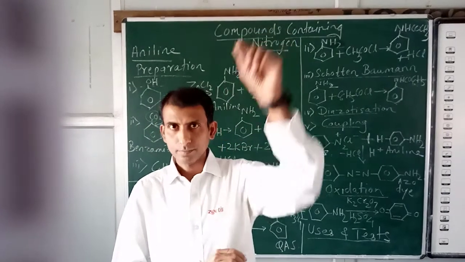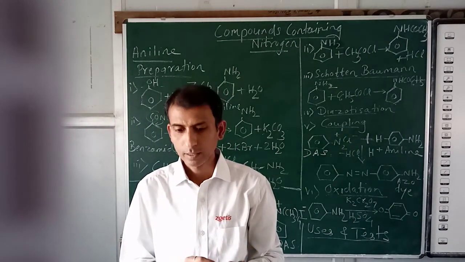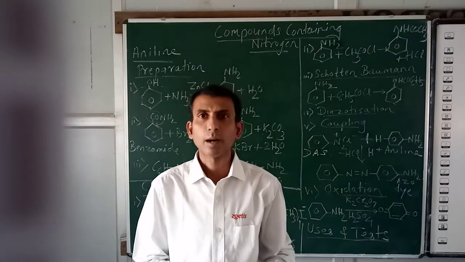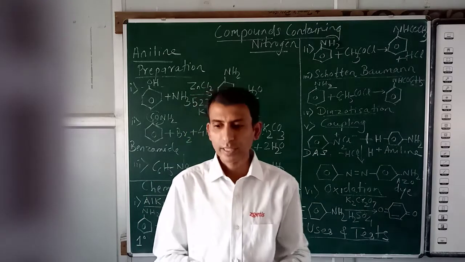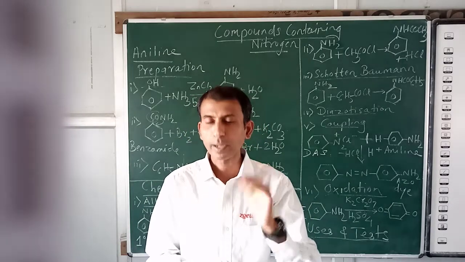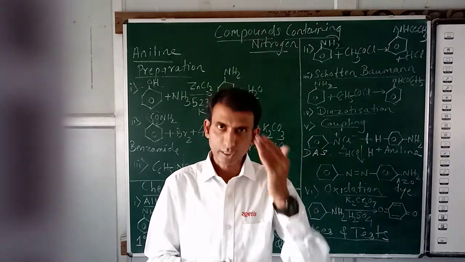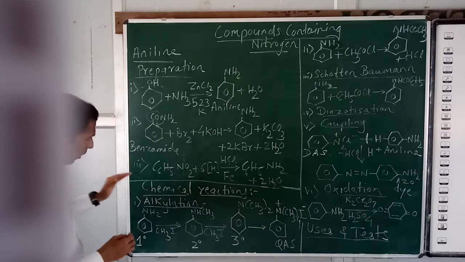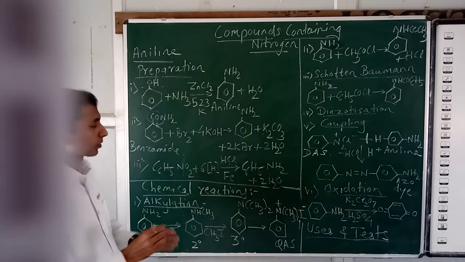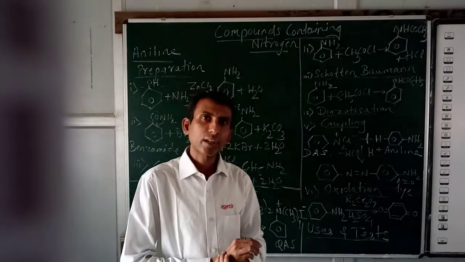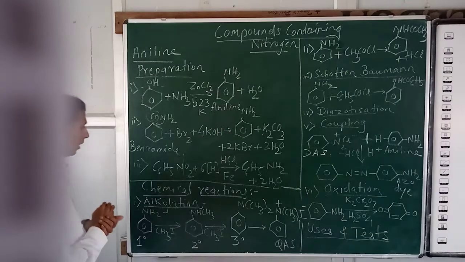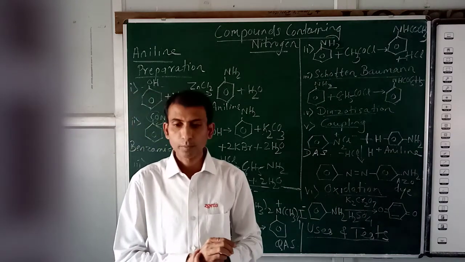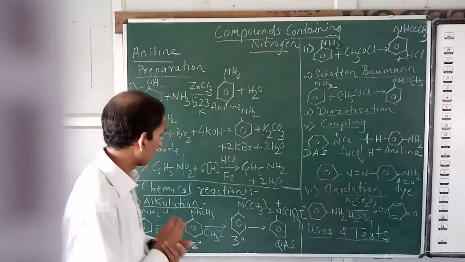Alkylation reaction we have already studied in the first part of the chapter, where we considered compounds containing nitrogen. We took alkyl amines: primary alkyl amine, secondary alkyl amine, tertiary alkyl amine. So we considered all these examples, and we have already studied this reaction there. So alkylation, and you can also call it exhaustive. Exhaustive means continuous alkylation process.